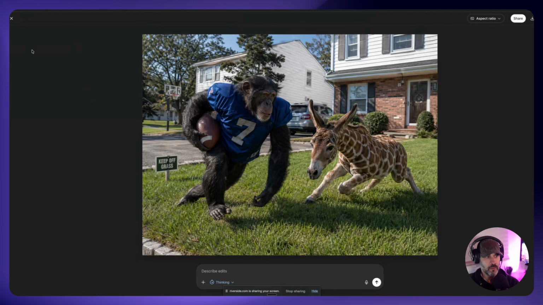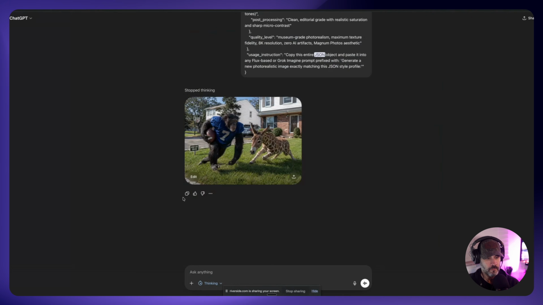So now what we're going to do is go back, and this is what we're going to say. Instead of creating the additional images, this was what I kind of figured out. I want you to create a total of 5 images utilizing this prompt as the starting point of a story. And I want you to create 5 images like a storyboard that tells the story of what this chimpanzee and miniature donkey giraffe are doing.